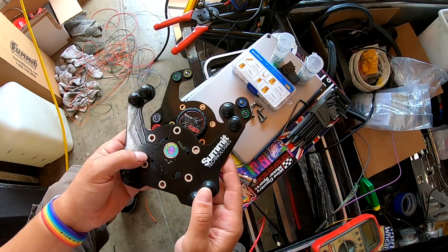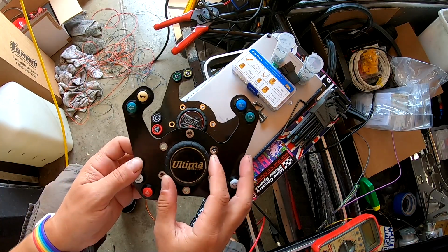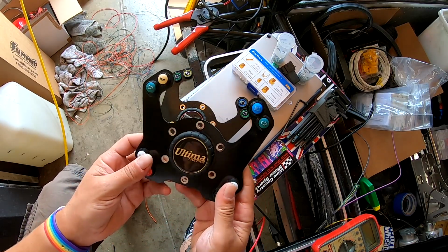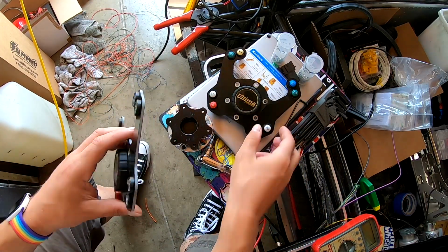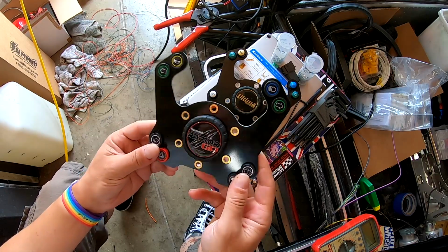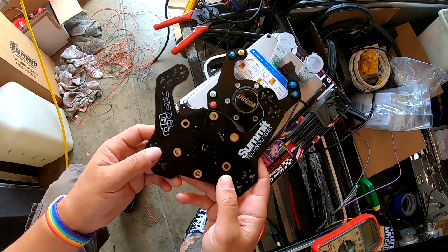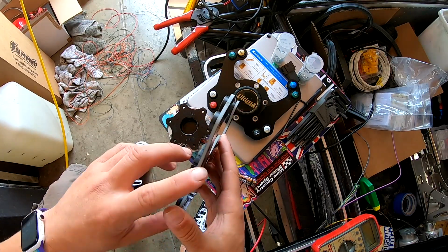So you have a black PCB with the nice Raptor and Summit logos and our Ultima horn button on the front, but there's no exposed composite edge anymore. It's been nice and blacked out, and it's a minor detail, but once you've seen it like this with it all blacked out, it's hard to go back to something like this with the clear edge. And so these are the new buttons now with the nice magnetic cap, and again, same silkscreen logo, same black PCB, but what I need to do is actually paint this edge,